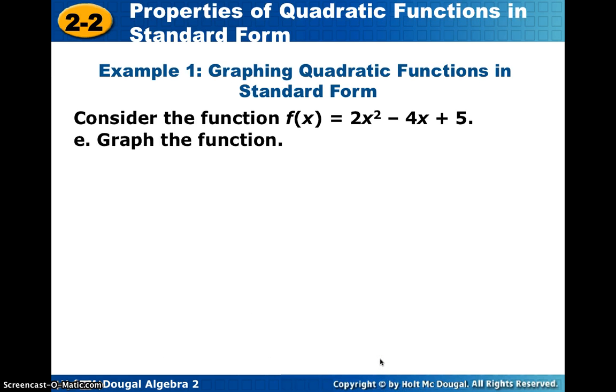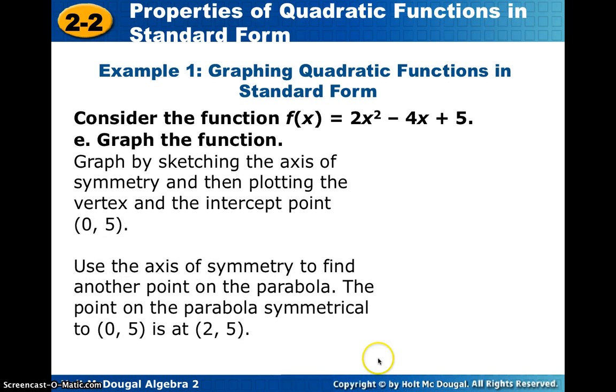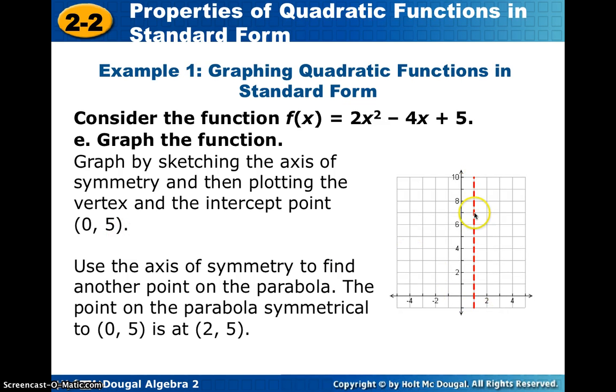So we can use the things that we just said to graph the function. To graph it, first I'm going to put my axis of symmetry right along the place where I found it, where it was. It was at x equals 5. So at x equals 5, we're going to draw a red